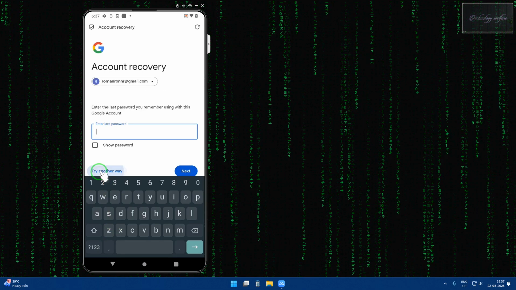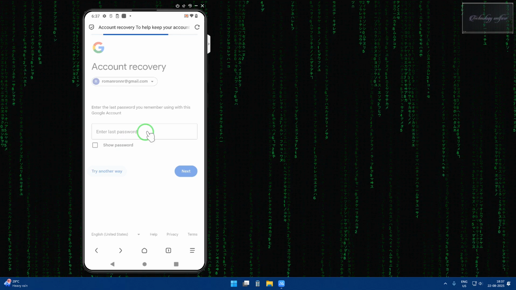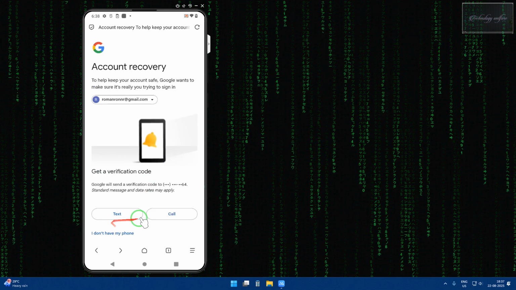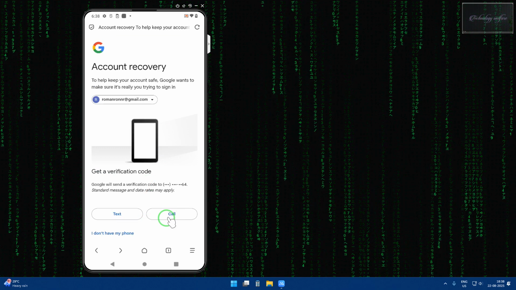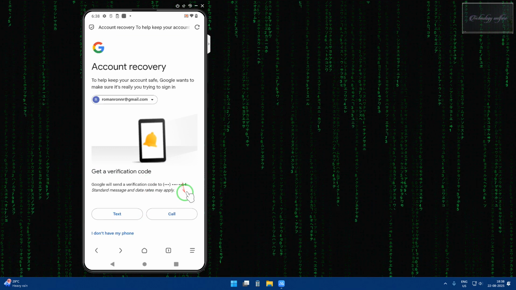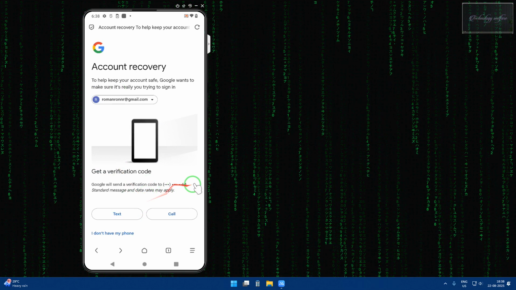Now we will go for "Try another way." Last password is just change that. Fine. Here we will go for the text or call option. If you have a number and you remember the last two digits, then you can rescue the account by that easily